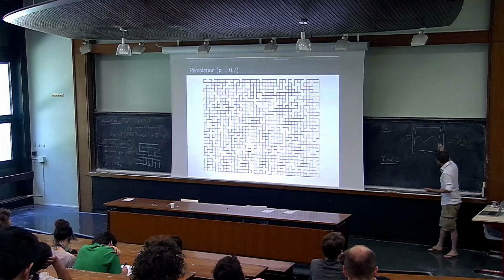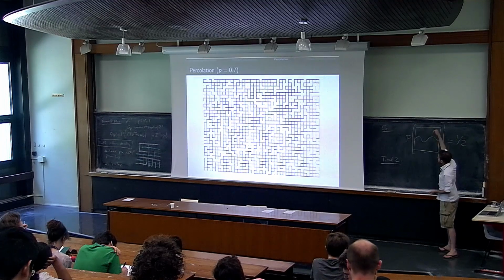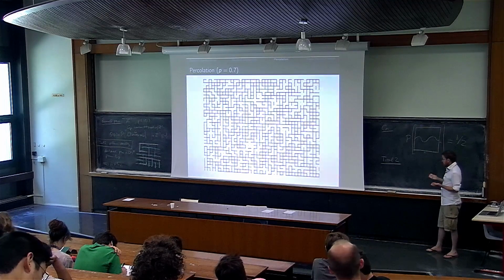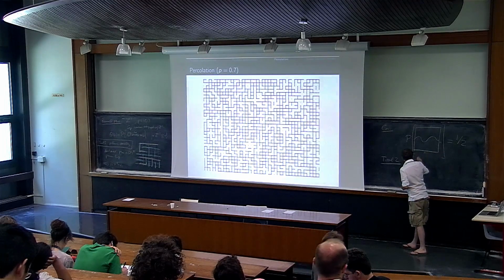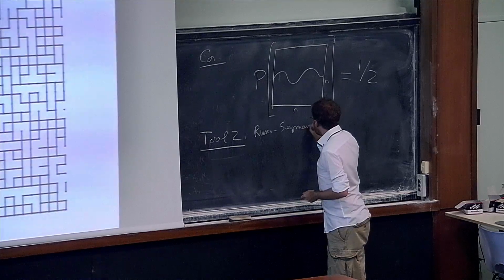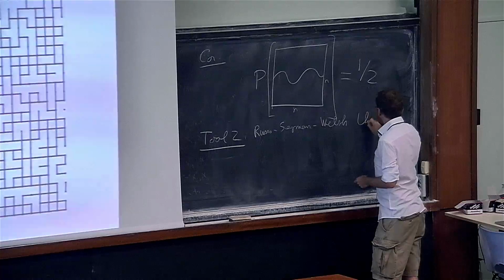Just duality will not give you any estimate, except that this probability is 1 minus the corresponding probability in the other direction, but that's it. So tool number 2 is known as the Russo, Seymour, and Welsh theory,